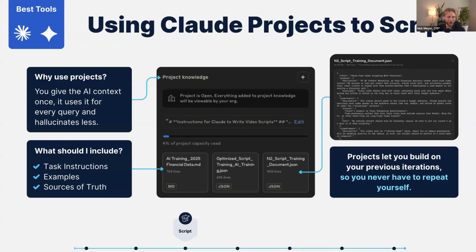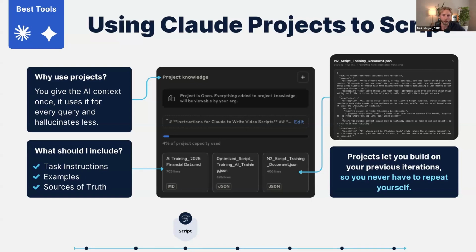Yeah, so if we were trying to use level one prompt engineering here, this is going to get one super difficult because there's just so much information you're going to want to feed the AI model. And two, it's going to be really, really time consuming for you because you're going to have to repeat yourself every single time you start a new chat, which is why level two of using AI is using projects.